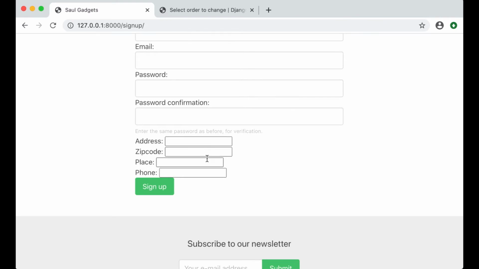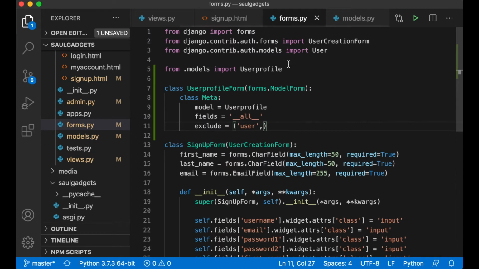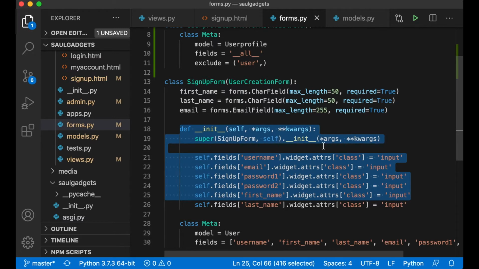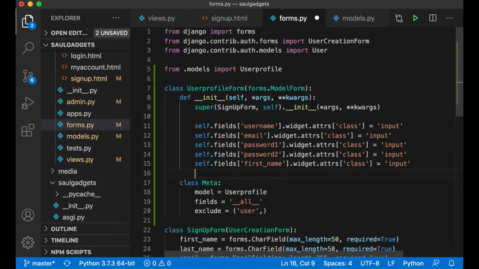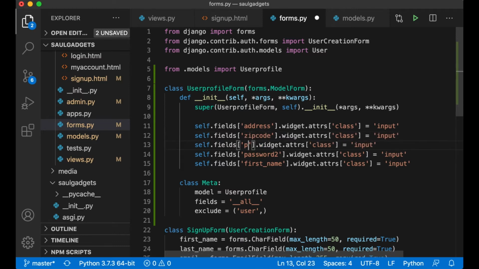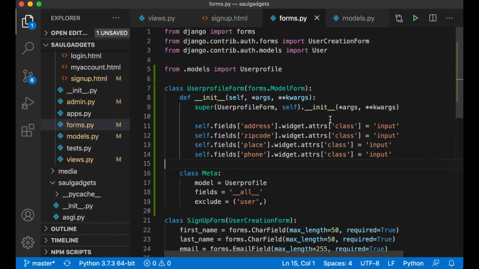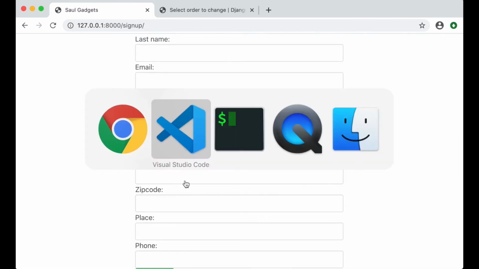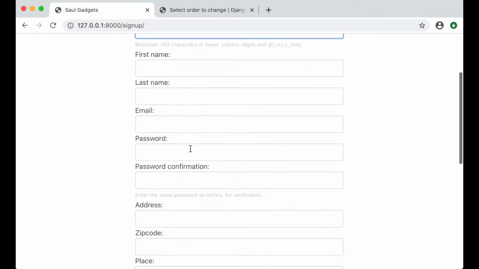Perfect. The styling for this is ugly, so I have to go back to forms.py and do the same thing I did down here. So I can replace SignUpForm with UserProfileForm, address, and the zip code, the place, and the phone. Just remove that and save. If I refresh now, it looks much better. Perfect. So now the form should be working. I don't have any errors, so we can test this